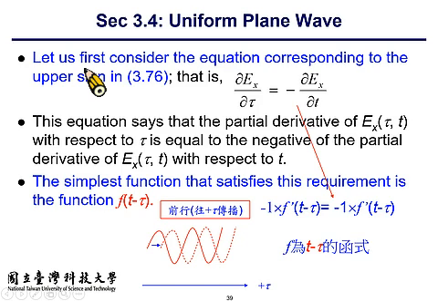As you can see from this relationship, because the time derivative of f is positive f prime, and the spatial derivative of f is minus f prime, this relation holds. 所以这样的关系，只要你的方程式的变数是 t 减 tau 这样的形式，它就可以满足我们的波动方程式的一个解。所以其中一种形式的解，你的波动方程式 f 的解必须要包含 t 减 tau 的变数。那另外一个变数呢？